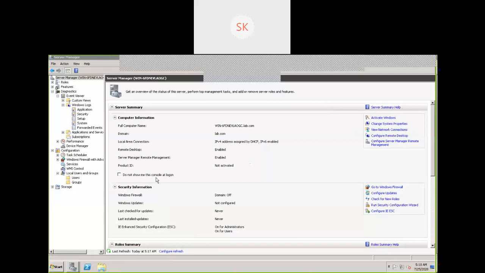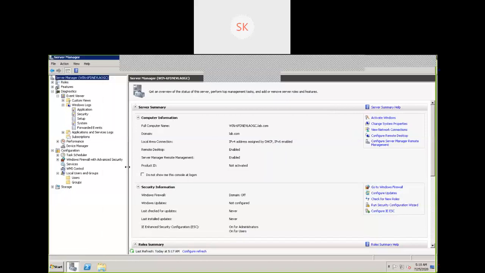Now I am checking where the logs are available. How to verify the logs? See here, we enter server manager, there is diagnostics, under diagnostics is event viewer. Expand that, and there is Windows logs. Under Windows logs, there are different logs. Am I working on an application related issue or a system related issue? Most of the time, I am going to work on system related issues. Go to system.